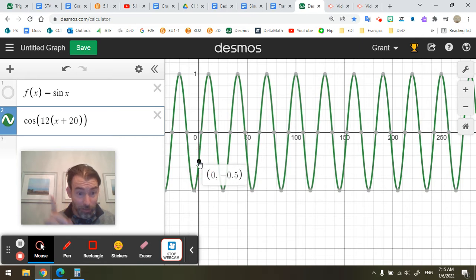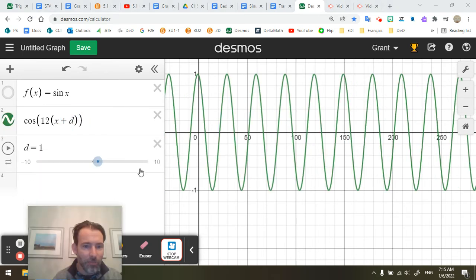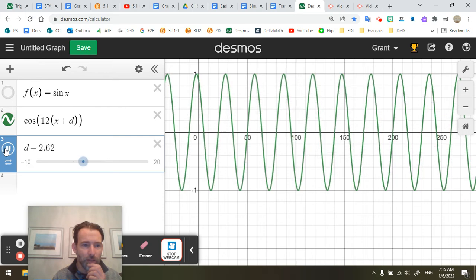Notice I have to really think about that because I'm only at the level of conscious competence. I really need to think to get these right. This is trickier. So what happened here? This was our old y-intercept. Let's change this to a slider d. Add the slider and make sure it can go up to 20 here. So, okay, there we go. Now, if we started at 0,